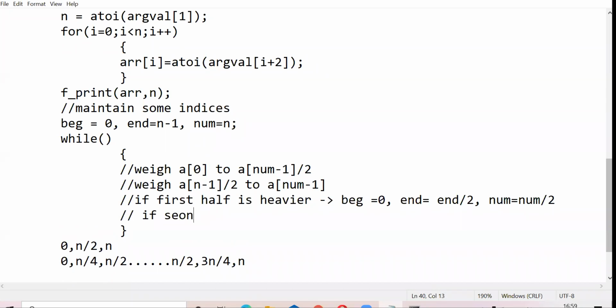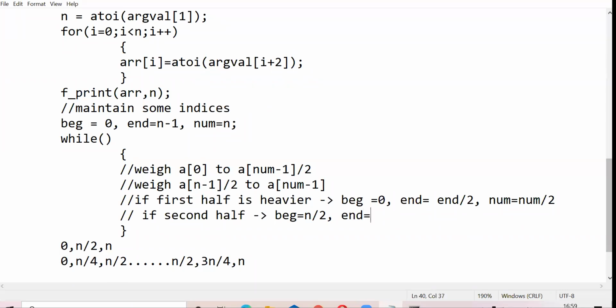If your second half is heavier, how will you change the things? Then this beginning becomes equal to n by 2 or n by 2 plus 1, whatever you want. It means the beginning goes to the next half of the array.